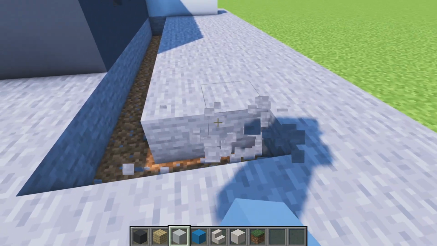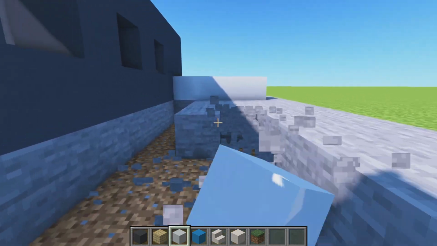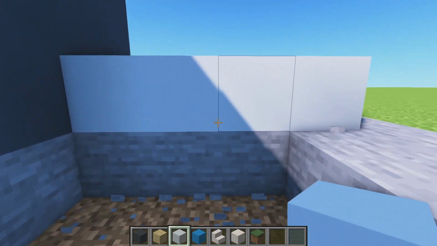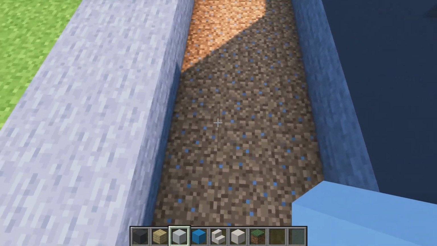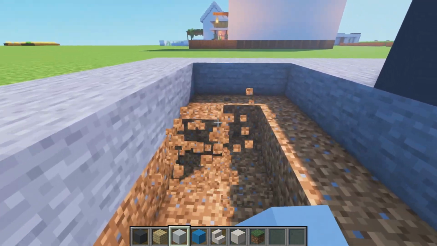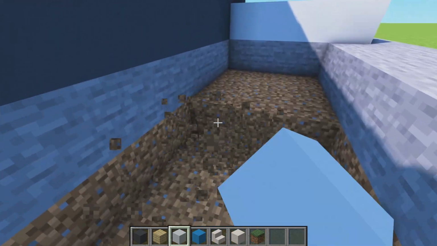We're now going to take it 2 back and clear all of this. So the swimming pool is 11 by 3 blocks. All right. Now we're going to dig. Let's do 2 blocks down because we're going to need a layer